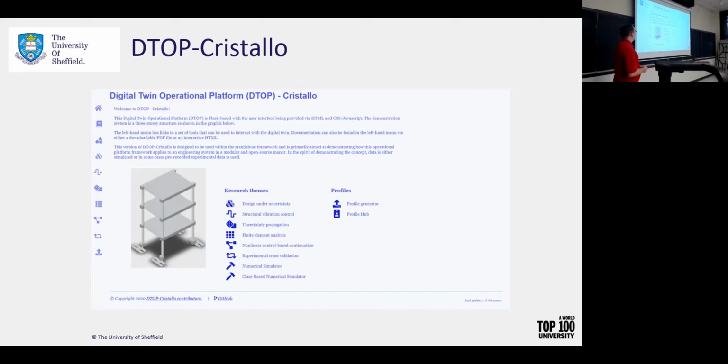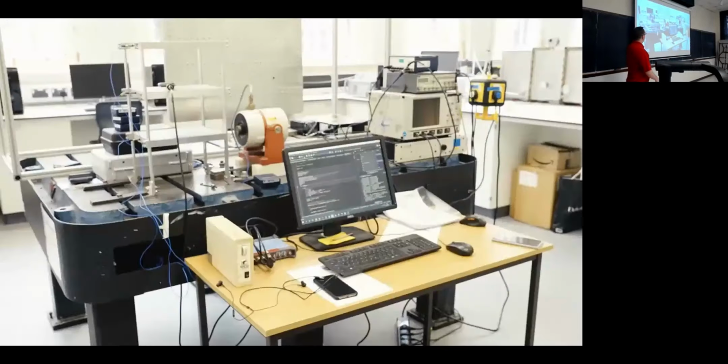So I can do a numerical simulator. I can put in a finite element, a 3-degree of freedom system, and I can simulate the time history. And that gives me a time history, and I can do whatever I need to. I can do things like uncertainty propagation. If I have uncertainty bounds on my, say, stiffness or my mass, I could propagate that into the frequency response. So you can do a bunch of stuff.